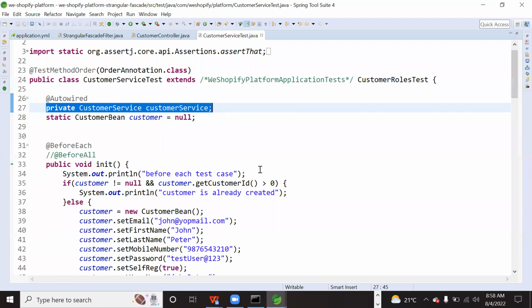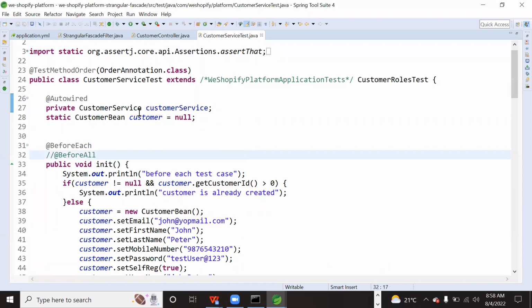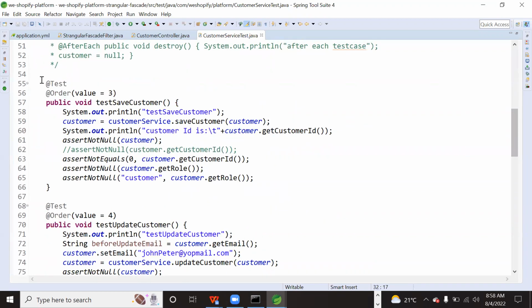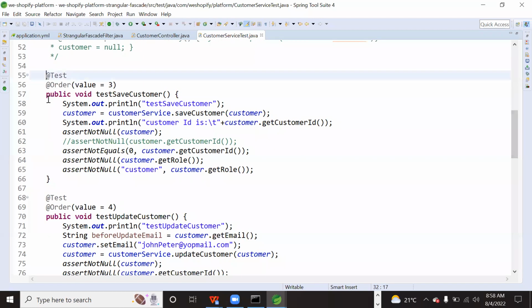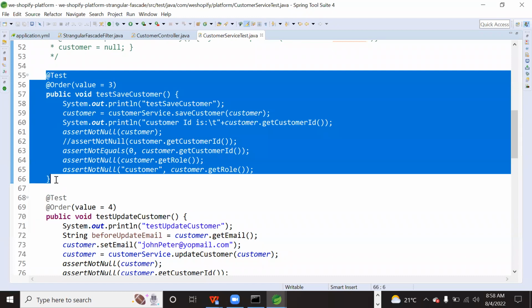or DAO. Similarly, this is only testing a particular piece of code. For example, save customer, update customer. This is just testing the methods. But to test the complete functionality, like how from the UI we will test by logging into the application, creating the customer from the form and all, right?